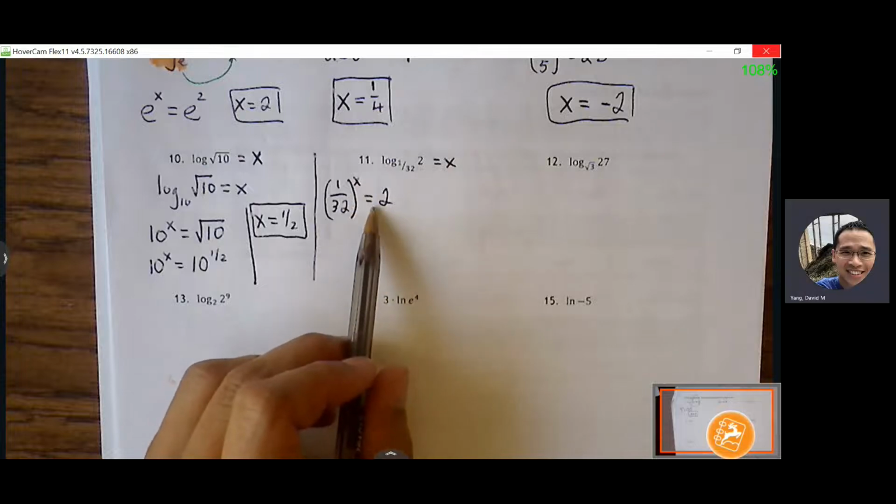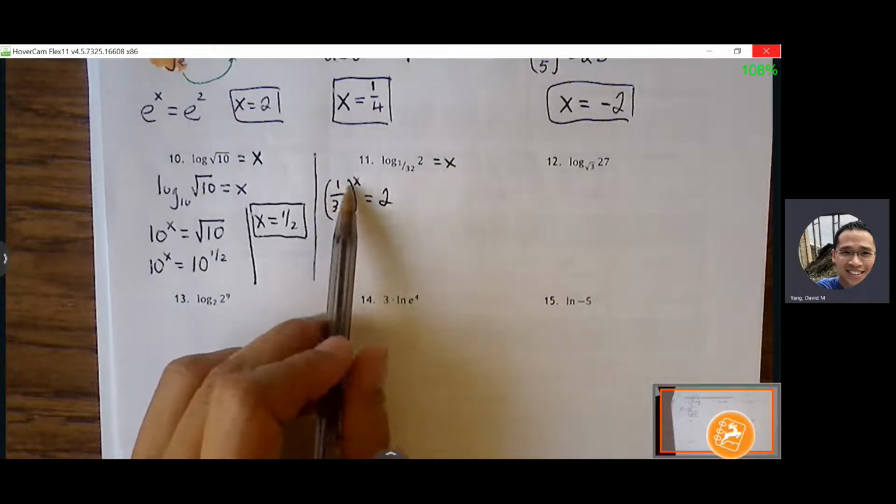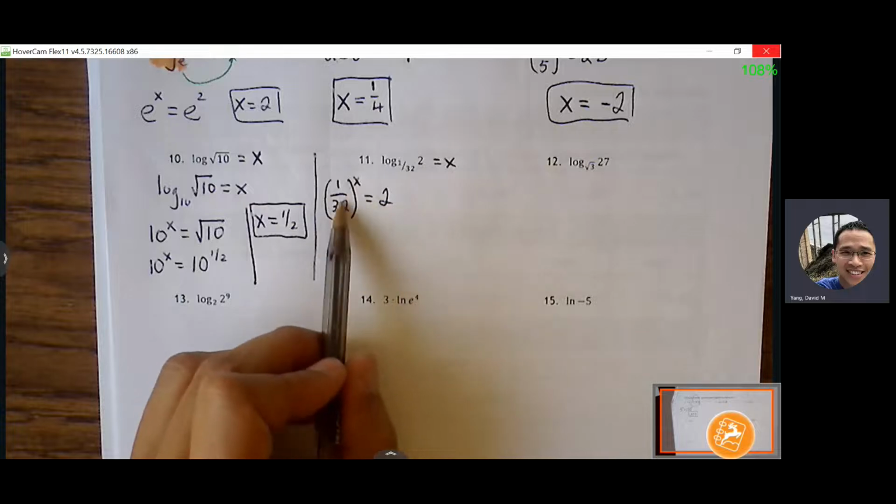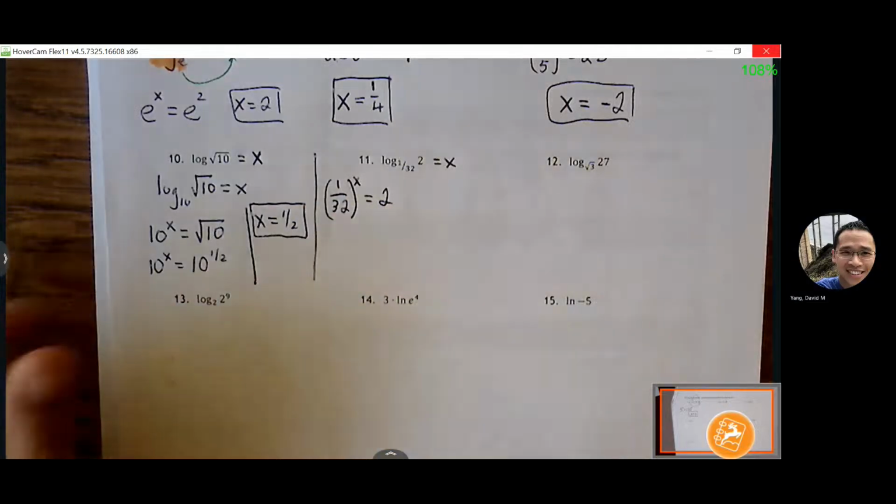Okay. 2 raised to the 5th power is 32, so we know it's going to be a 5th root of 32, but we've got to also take this number and move it up. So